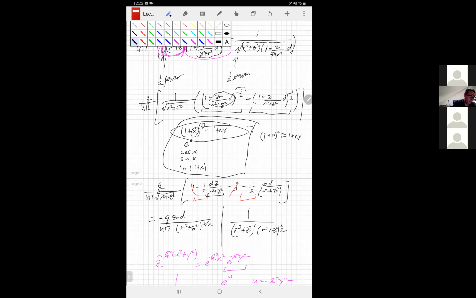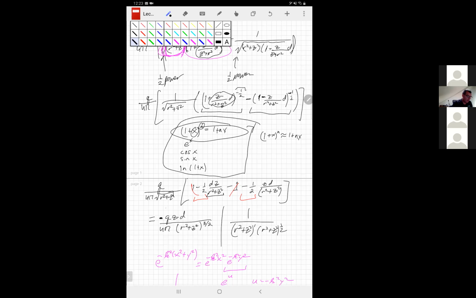So you get 1 minus 1/2. The 1/2 comes from the exponent. 1 minus 1/2 zd over r squared plus z squared. Then you subtract off the 1 from here. Then we subtract another 1/2 zd over r squared plus z squared. And minus 1/2